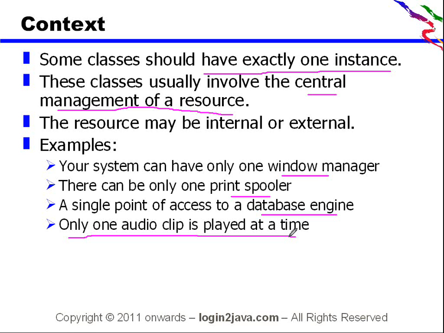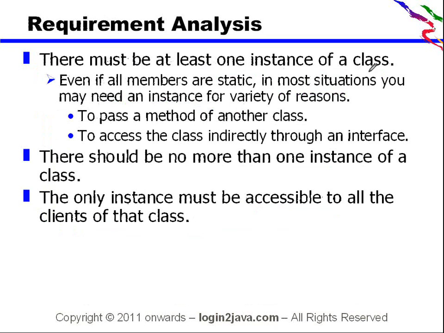So if we do the requirement analysis, there must be at least one instance of the class, even if all members are static. Here you can think why we need a single instance if we can have things completed by a simple static class. Static class means all the members are static: you can define it where all the methods are static, all the data are static, and you can use that. But what if we need